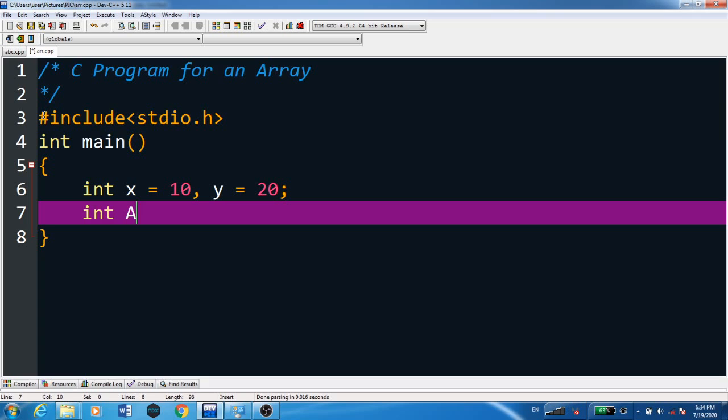So let us see what an array is. Here I will declare an array A. How to declare an array? First you have to write the data type, then the name of the array, then inside the square brackets, the size of the array. So let us see the syntax of declaring an array. Name of array, then square bracket open and close, inside which you have to give the size, that is a number, and then a semicolon, because every statement in C language ends with a semicolon. And don't forget the data type. So this is the syntax of an array.